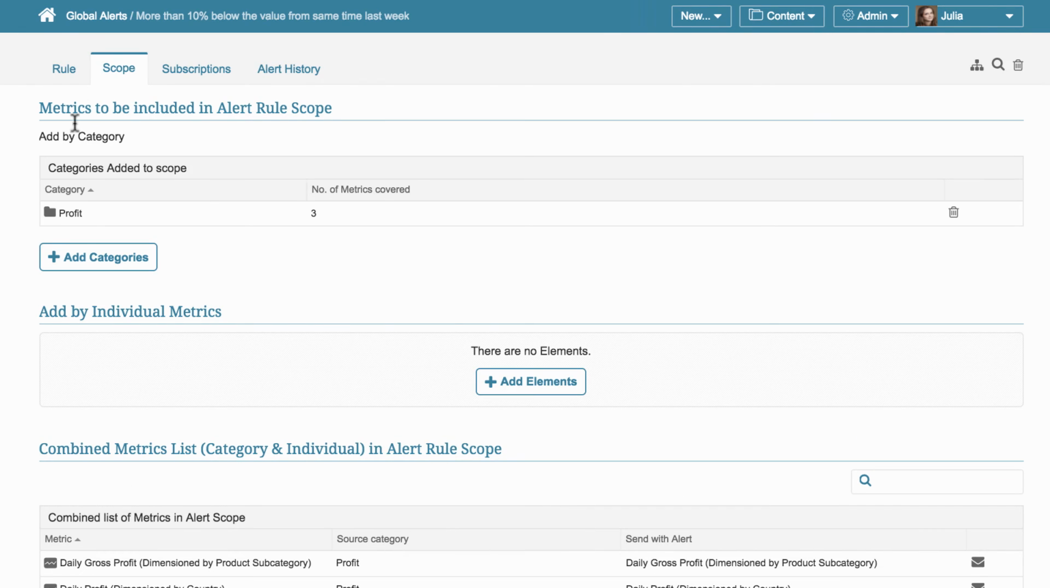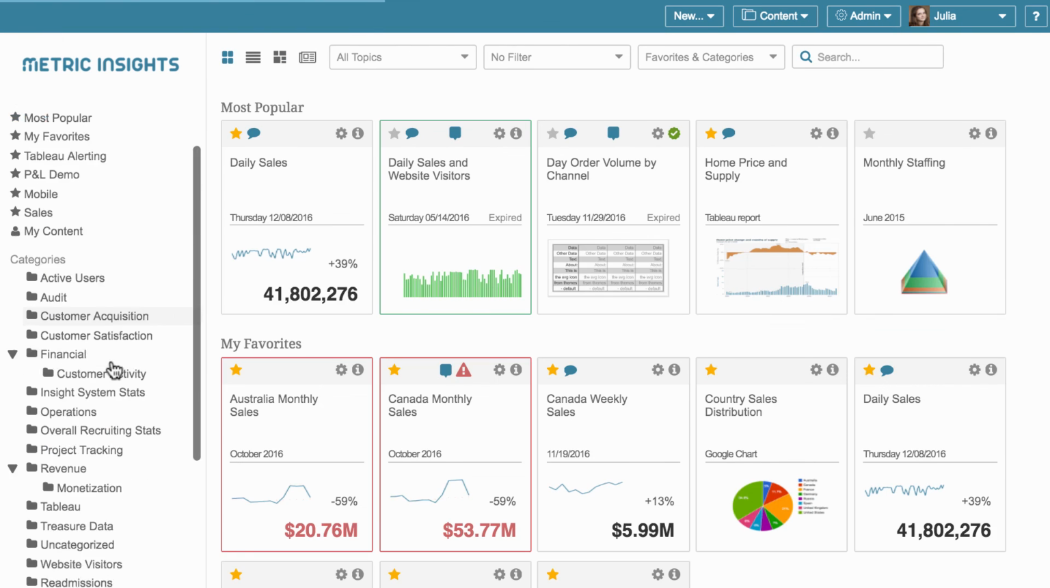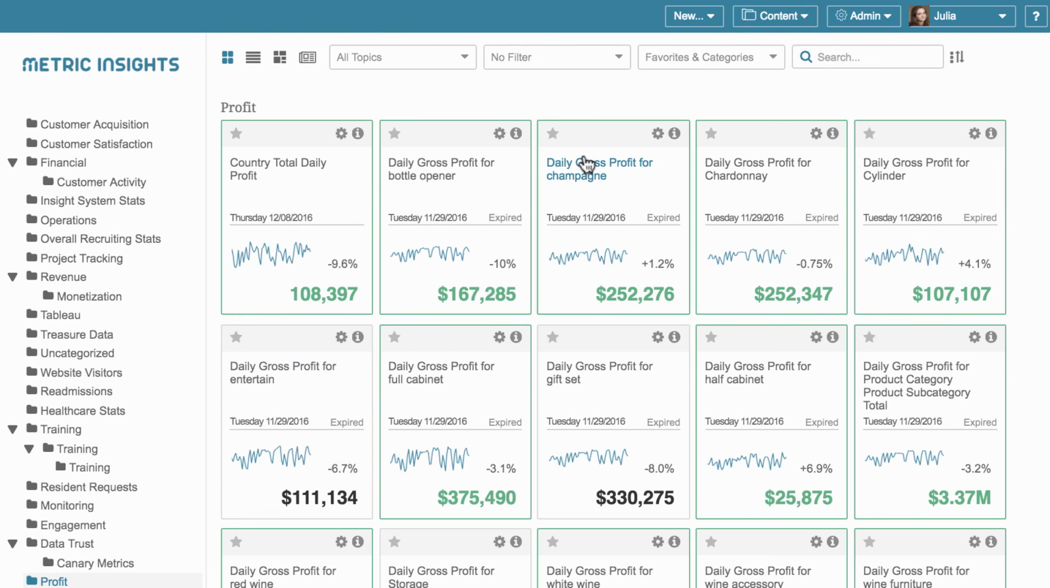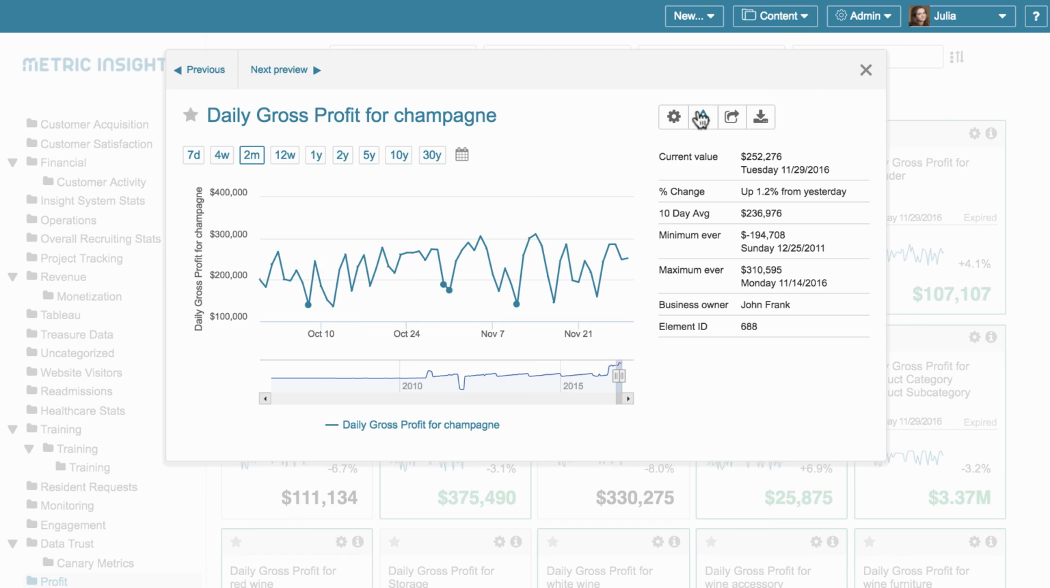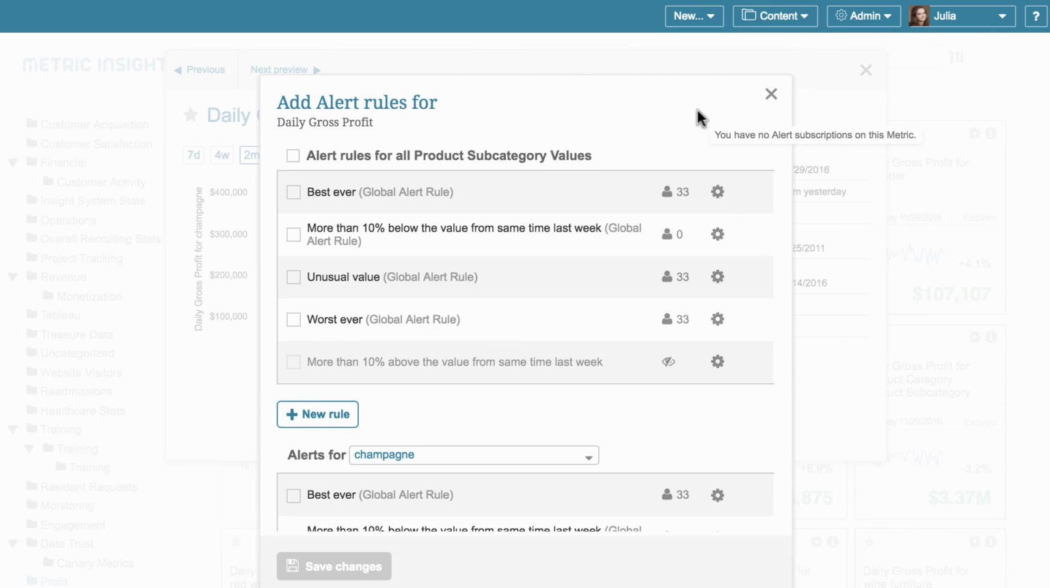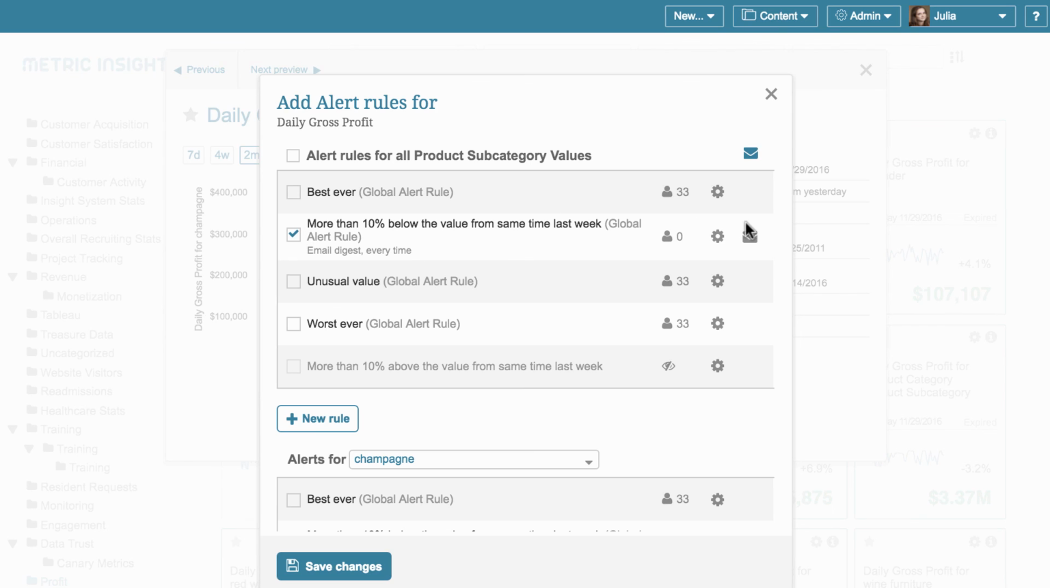Now I go to the home page, find that category, open some metric, and check what alert rules are available there. Here's one I've just created, but it's important that I'm still not subscribed to it. I just have it as an available option I can subscribe to, same as other users who have access to this metric. To subscribe to it, I check this box,